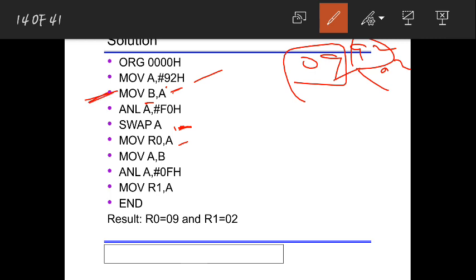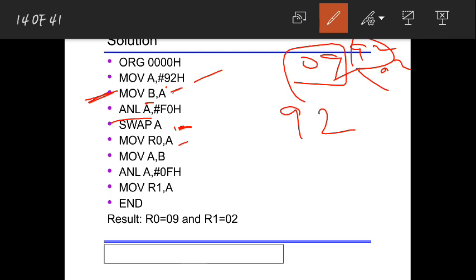After that, what he has done is ANL A, F0. A means you already have 92.